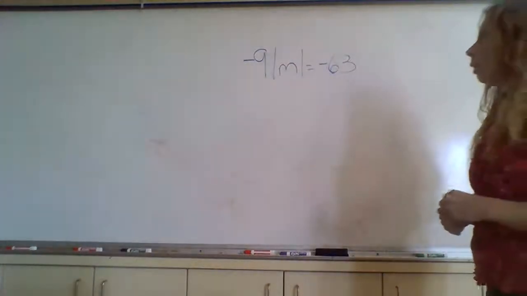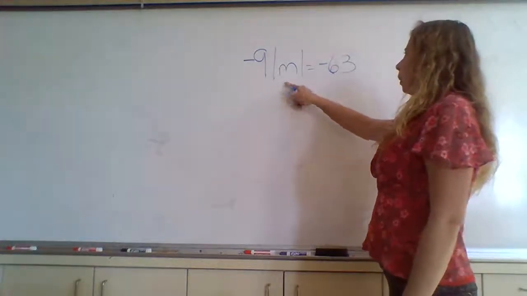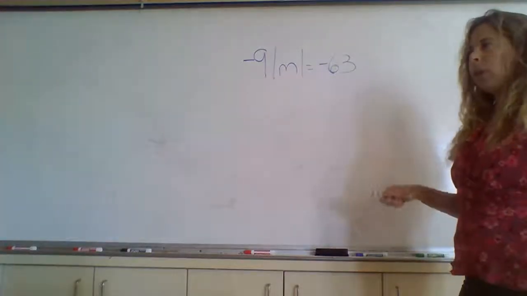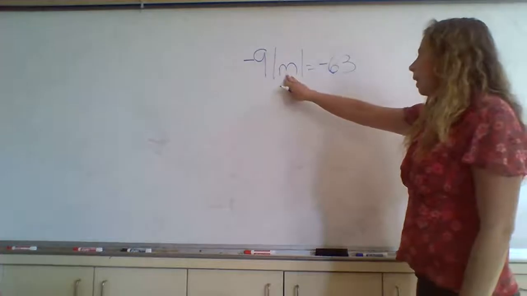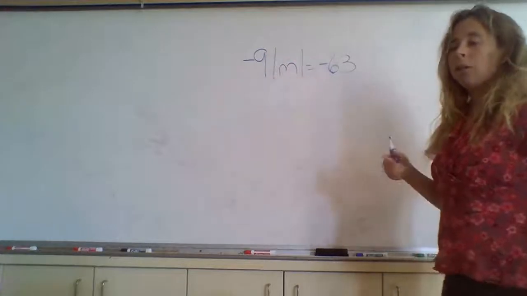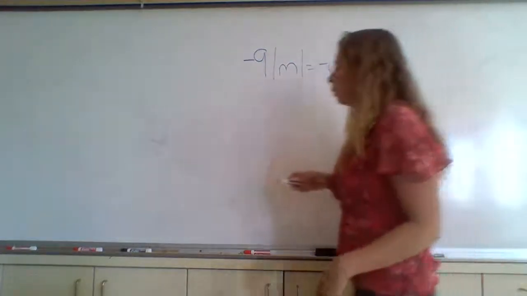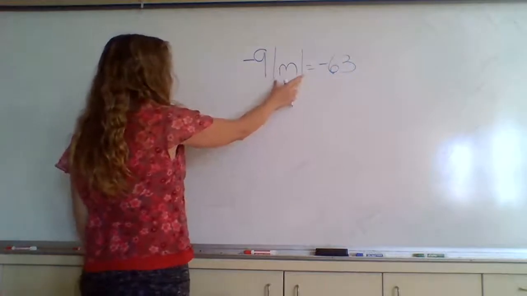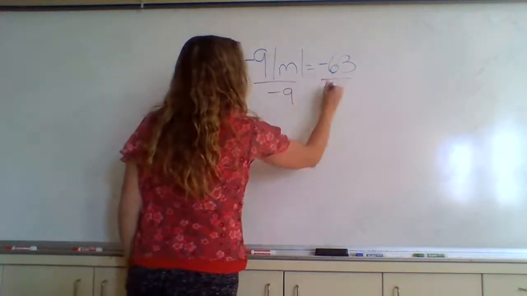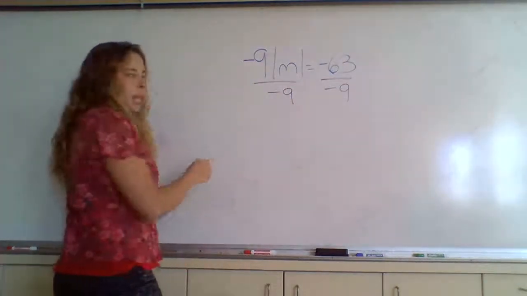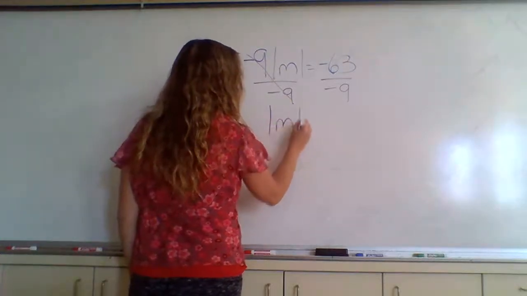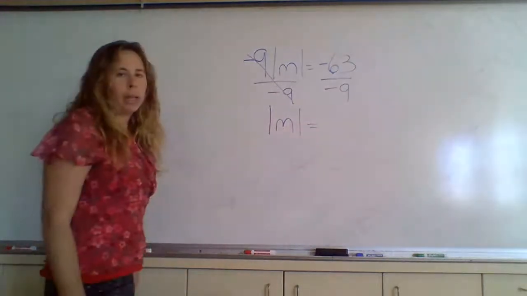Okay, here's number 4. Negative 9 times the absolute value of M equals negative 63. So I told you to put what is inside equal to a positive and a negative, but there's something outside. So we want to get our absolute value alone. Okay, we want to isolate this. So we're going to divide both sides by negative 9. These cancel each other out, so you're left with the absolute value of M equals negative 63 divided by negative